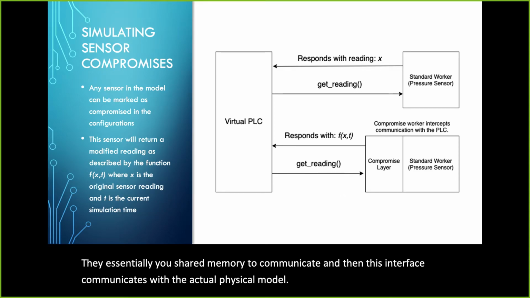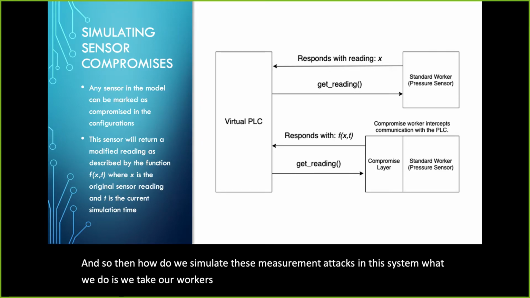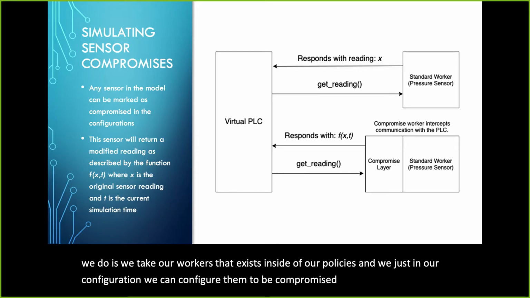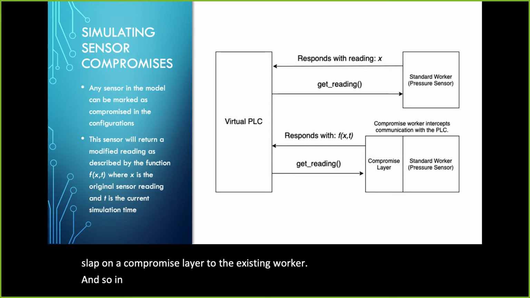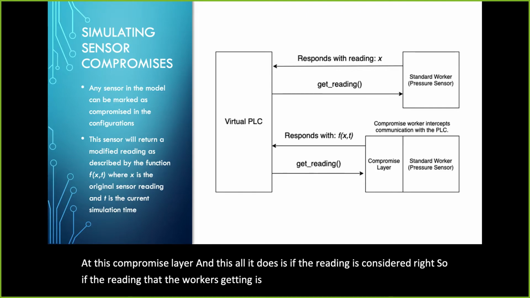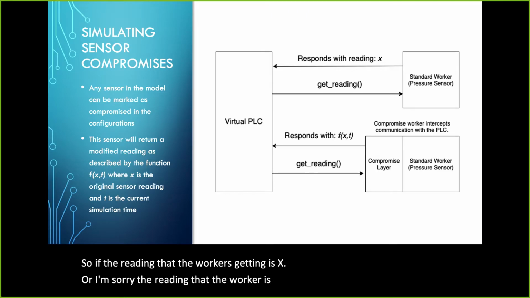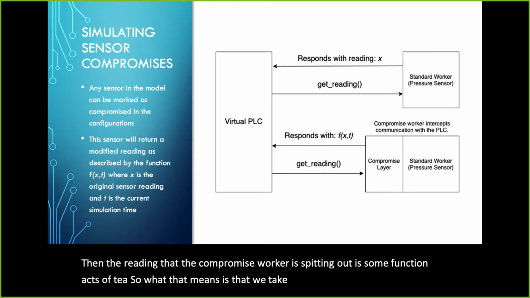And so how do we simulate these measurement attacks in the system? What we do is we take our workers that exist inside of our PLCs, and in our configuration, we can configure them to be compromised. All we do is slap on a compromised layer to the existing worker. In this way, we don't have to redesign every single thing. We just add this compromised layer, and all it does is this: if the reading that the worker is spitting out is X, then the reading that the compromised worker is spitting out is some function of X and T. So what that means is that we take the actual reading and the current simulation time and we modify it by some